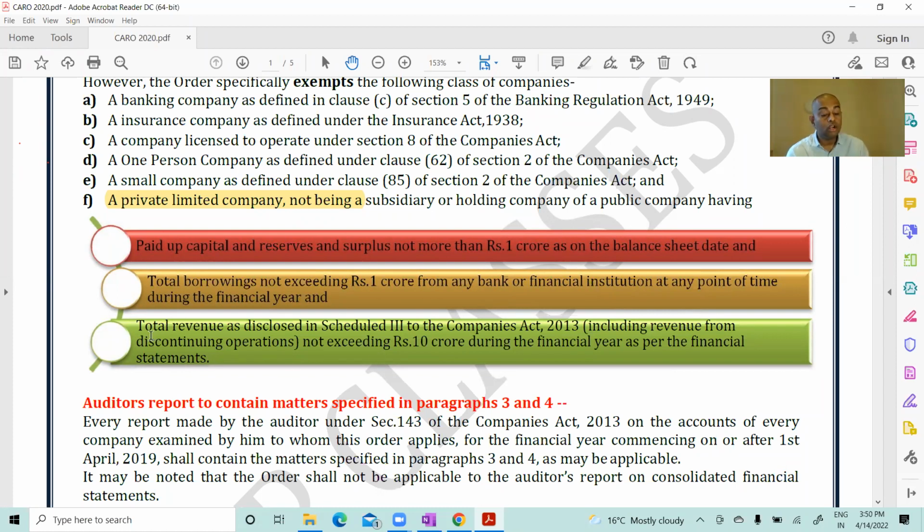Condition 3. Total revenue as disclosed in Schedule 3. What is Schedule 3? P&L balance sheet pro formas. In the P&L pro forma, if you remember, revenue and other income, both put together, the total credit side of the P&L, total income, we call total revenue. That includes revenue from discontinuing operations, accounting standard 24, whether your turnover has exceeded 10